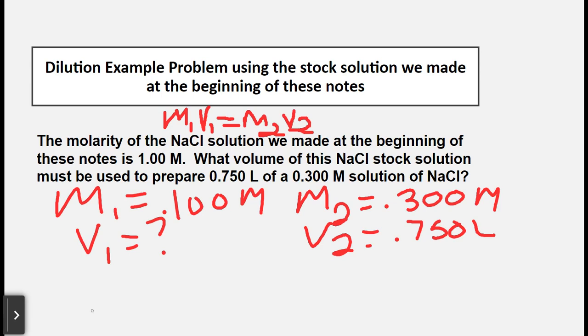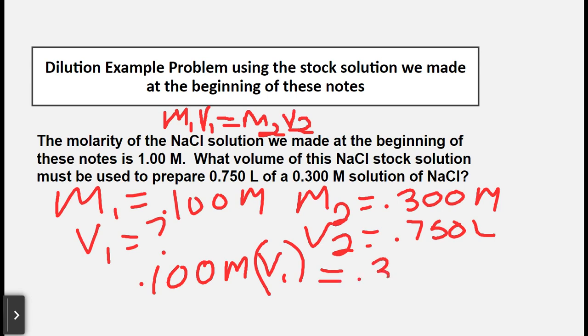All right, so now that I have them identified correctly, what goes with what, I'm going to put it into my equation. My M1 is 0.100 molar. I'm going to multiply that by my V1. And then my M2 is 0.300 molar. Put my decimal there. And then my volume is